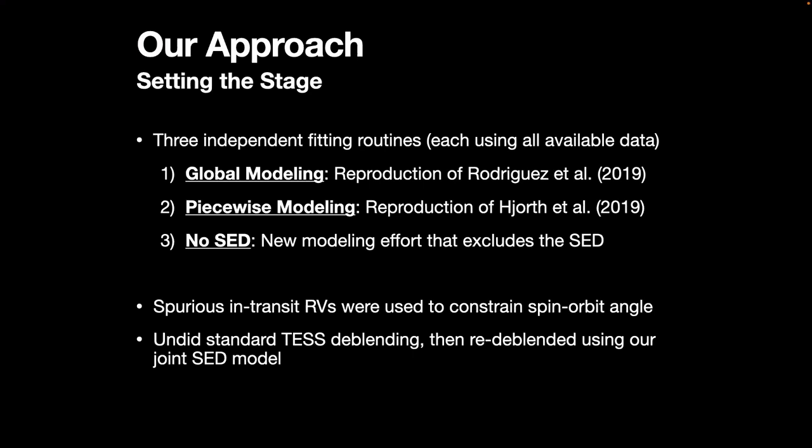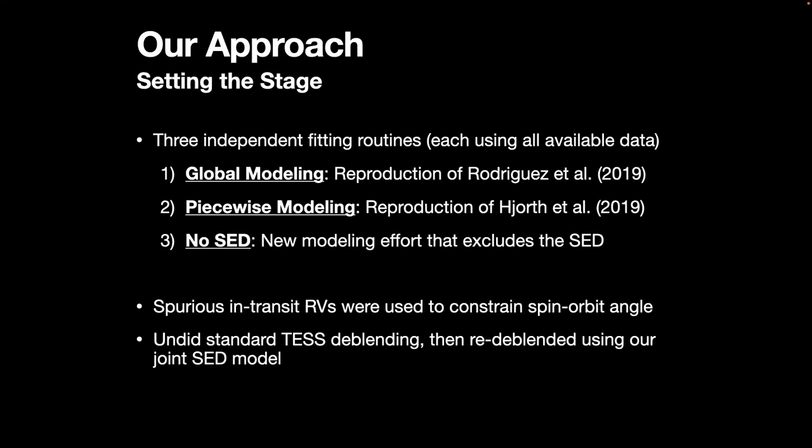So we're just going to present 3 different ways of trying to solve this by doing one method called global modeling, where we reproduce the fit that Rodriguez et al. did. So we jointly do everything. We do a piecewise modeling that reproduces the method used from Horch et al. 2019, and we introduce this new assumption that excludes the broadband photometry completely and enforces a spectroscopic prior on the effective stellar temperature in order to counteract that fact. In each of these fits, we do include some in-transit radial velocities to help constrain the relative alignment that we see in KELT-24b. And we also do